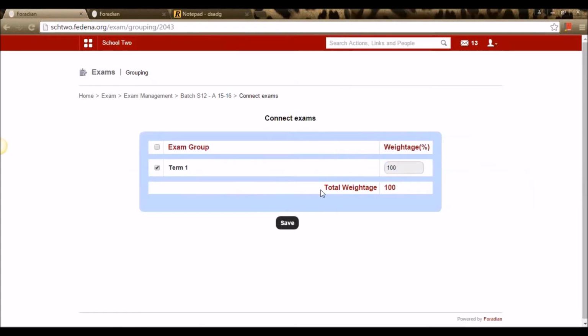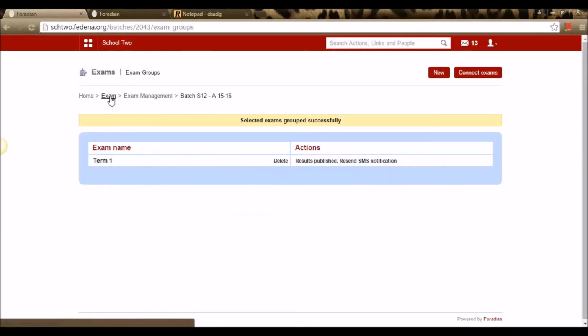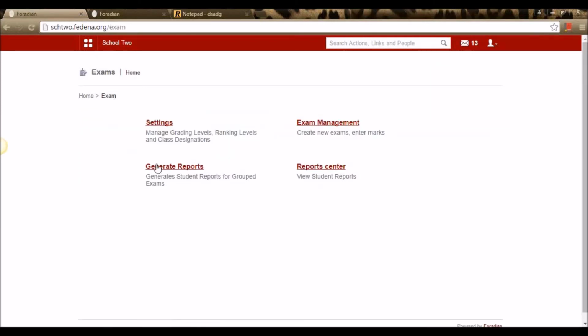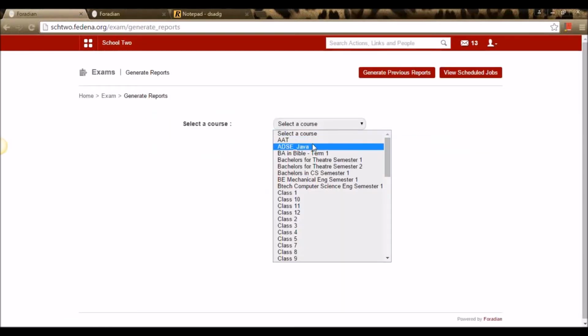So in case I have another term or another set of exams, I can distribute the weightage and have a total weightage of 100. Now since I have only one exam, I've given the weightage as 100 and I'm saving it. Now I can generate a report for this course.